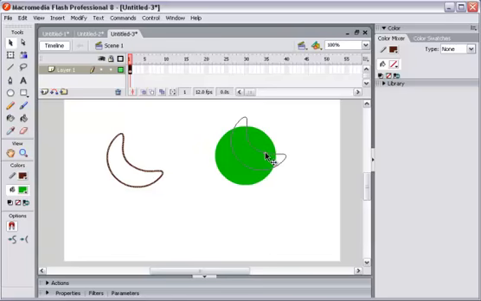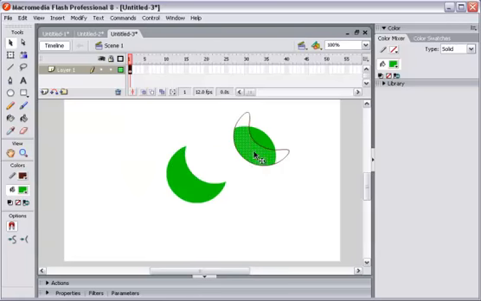For example, I select this line and I release the line here, and then I can split a part of a symbol, a part of a graphic that I created, into three parts like this by using lines to separate it. It's really good. And then I can